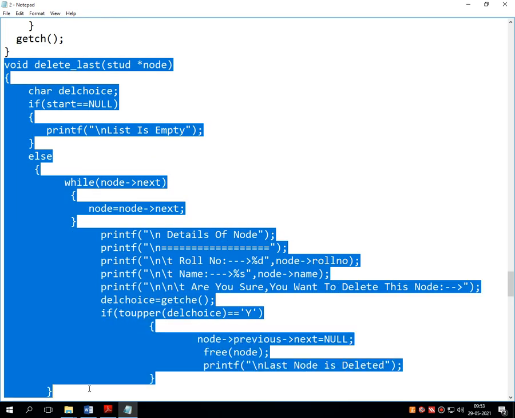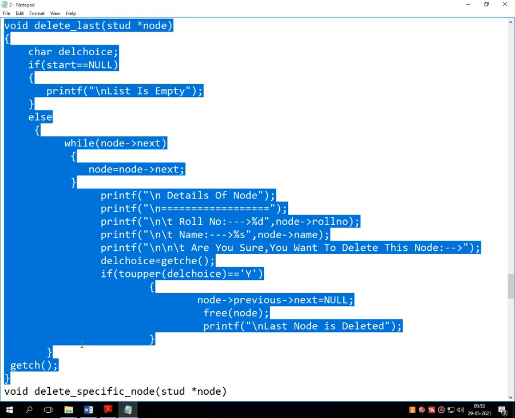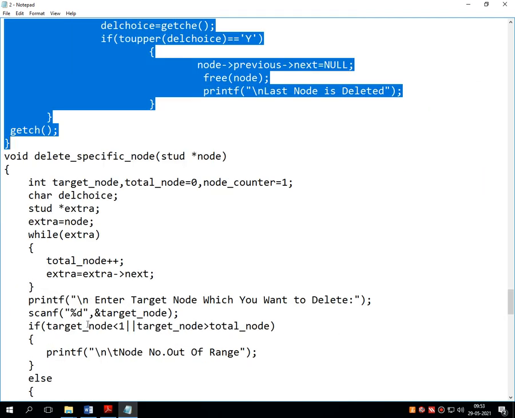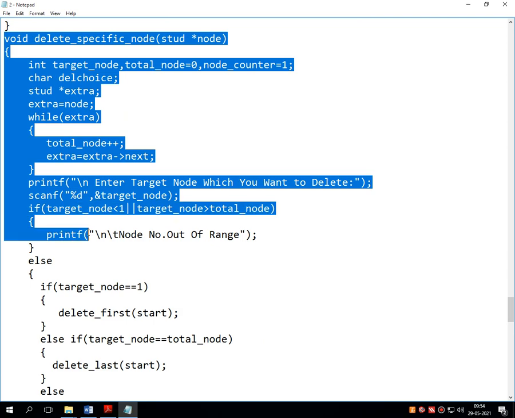Go for delete last. Go for delete specific node.